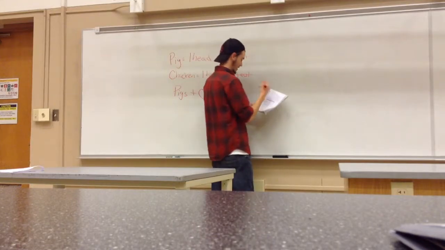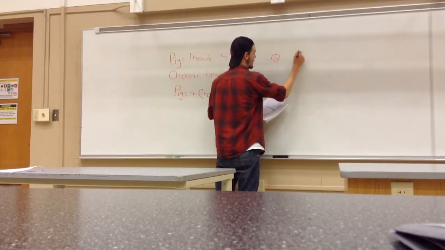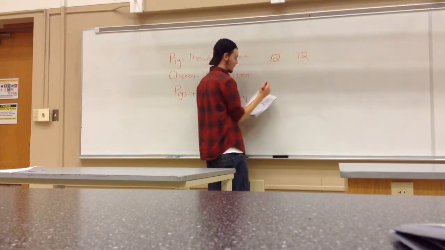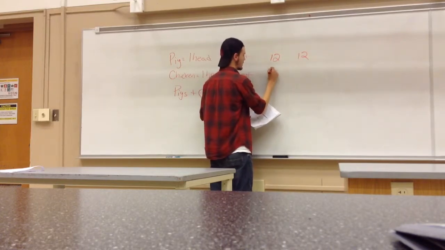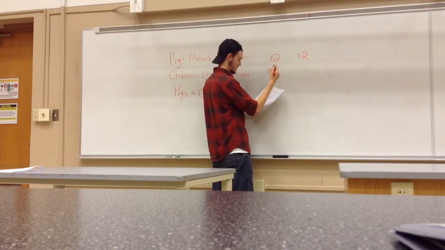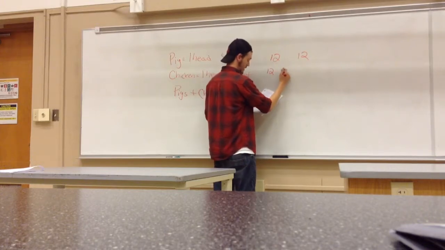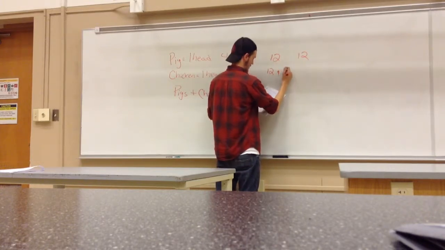So we pick factors of 24. If we pick 12 and 12, say we have 12 pigs, that's 12 heads, and 12 times 4 legs, because each pig has 4 legs, equals 48